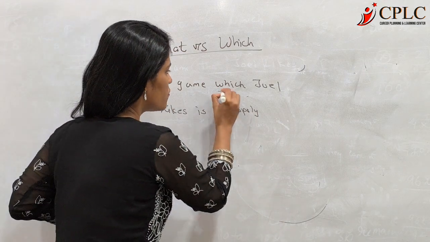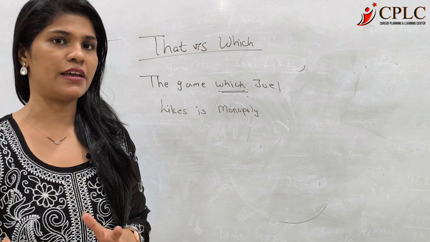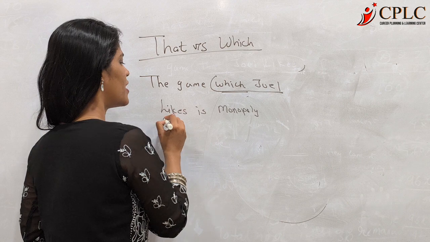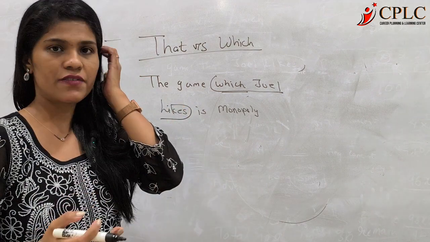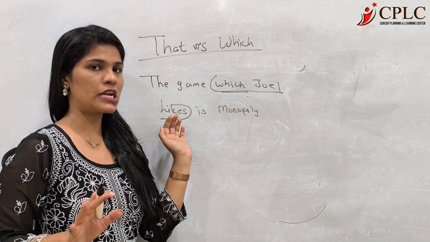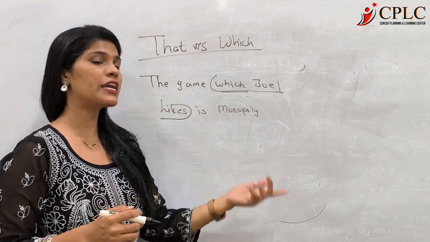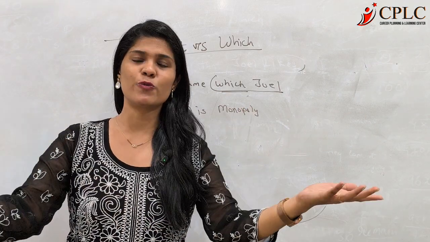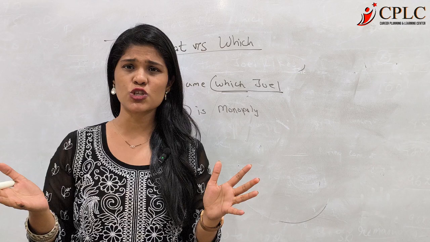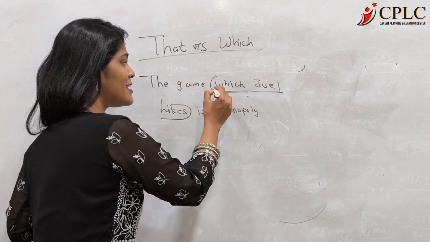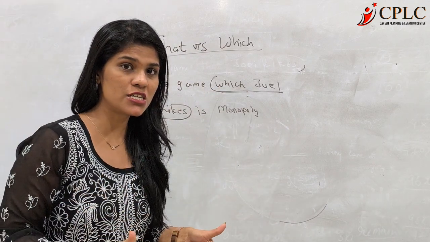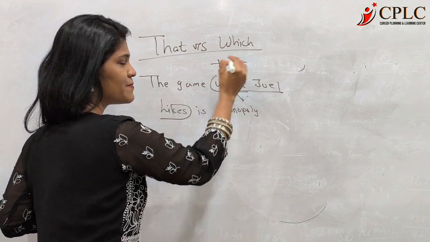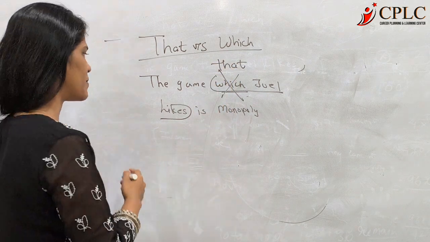Firstly, which के साथ जो जो words आ रहे हैं, so understand, identify the clause: which Joel likes. Which के साथ ये words आ रहे हैं तो ये हमने underline कर लिया. Now without it पढ़ के देखो: the game is Monopoly. If out of nowhere I come and tell you guys the game is Monopoly, will you understand? Does it make any sense to you? No. So ये जो बीच में दिया है, it's important. When it is important, you use that. Is it clear? One more example.